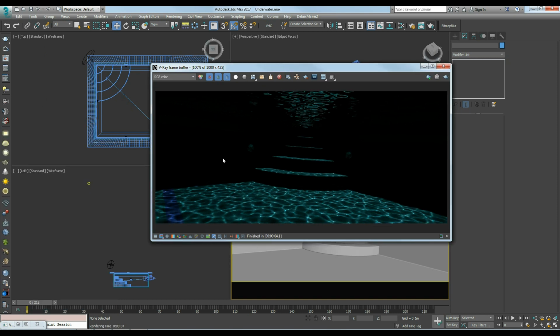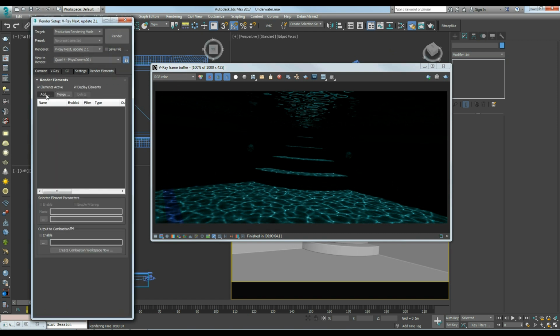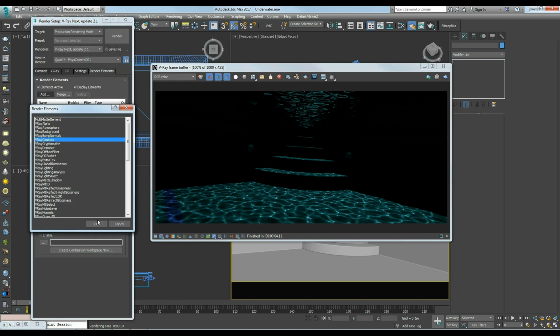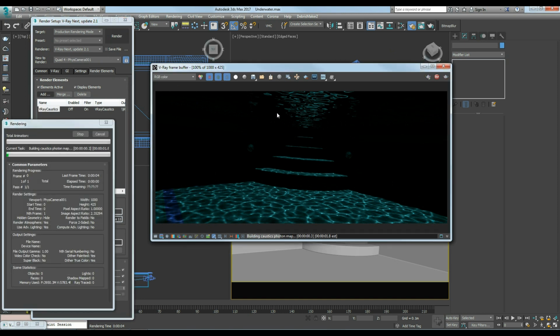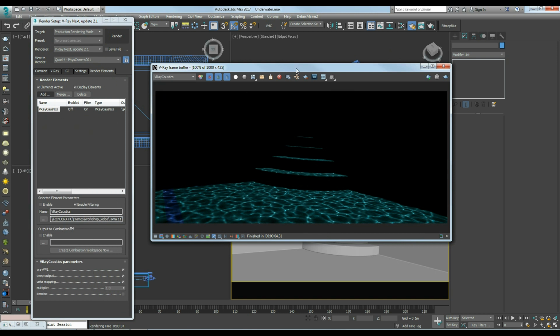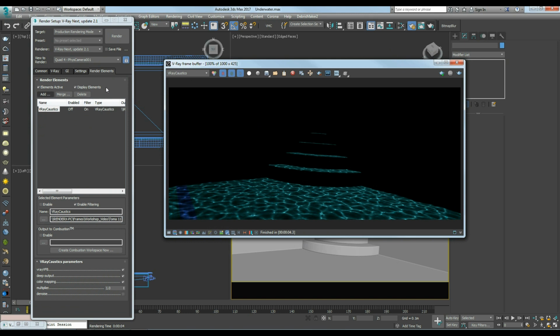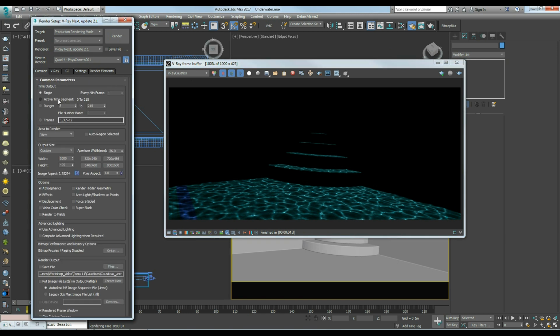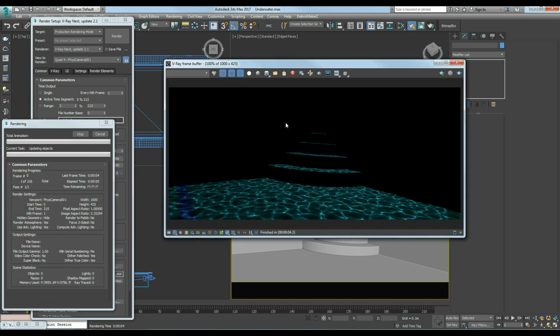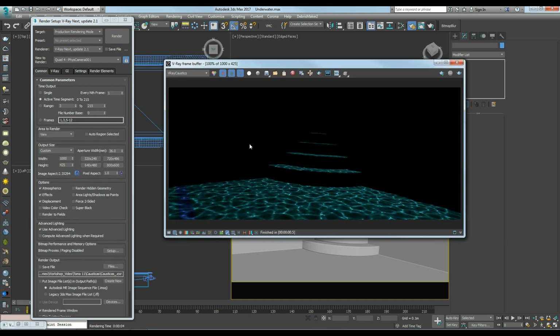And there you have it. You have these caustics. You can work with them in post-production with the V-Ray caustics element. So if you calculate it, you see this. And that's all. I'm going to show you in a real animation how fast it is for each frame. We have one frame here, the second frame, and third frame, and every frame is taking just 4 seconds. Okay, it is very fast.